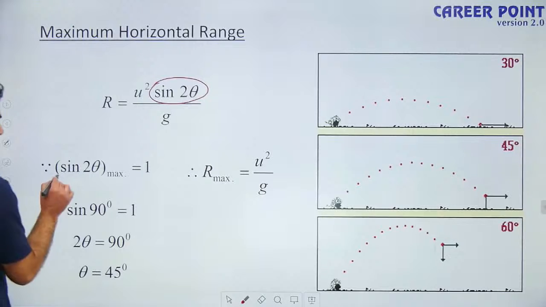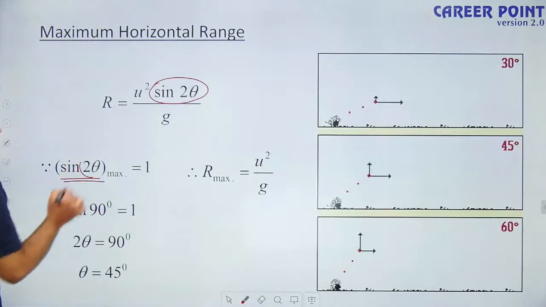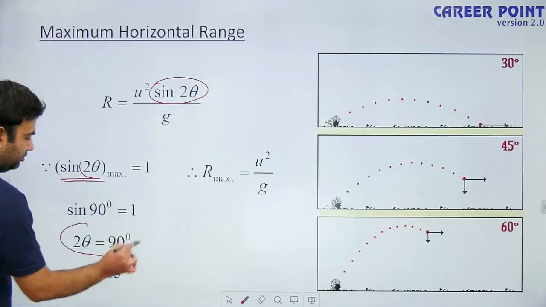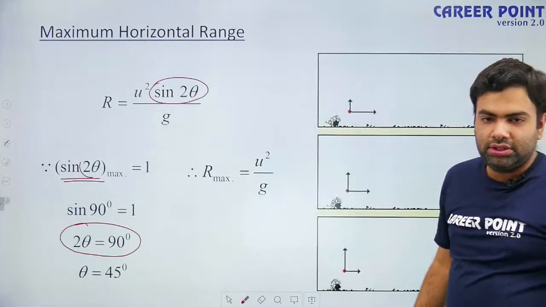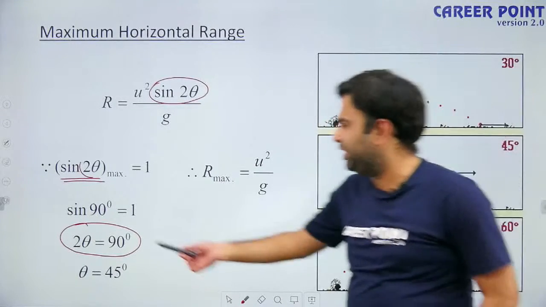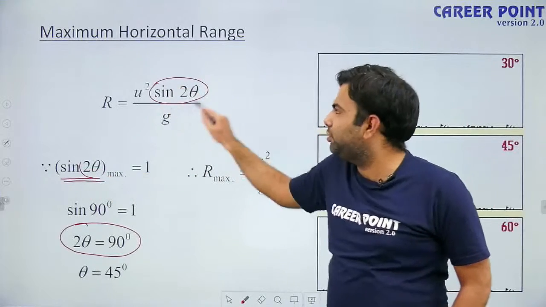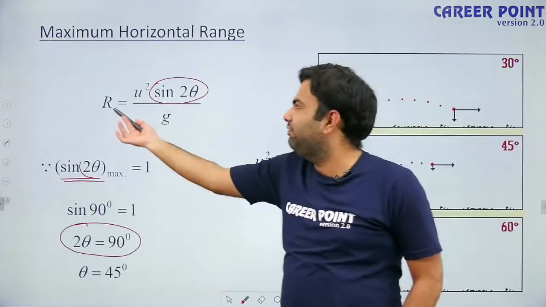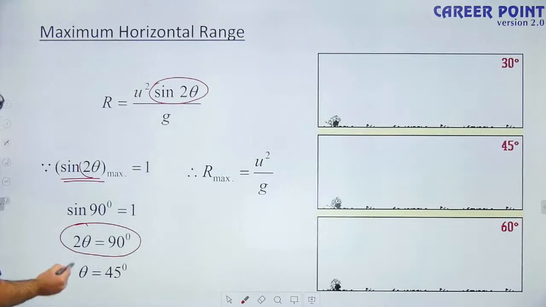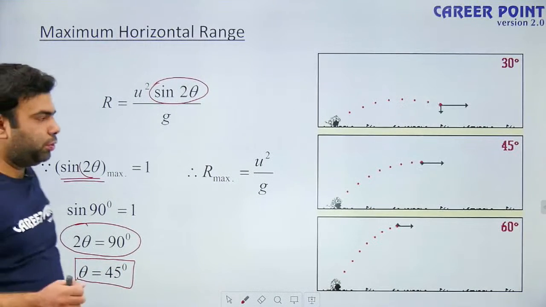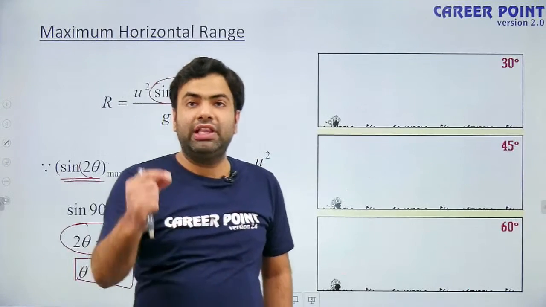See, if we want to maximize sine 2 theta, that means this 2 theta must be equal to 90 degree. If 2 theta is equal to 90 degree, then this sine 2 theta will have its maximum value and we will have maximum range. So if 2 theta is equal to 90 degree, theta must be 45 degree. That means if you throw any object with an angle of 45 degree from horizontal, you will get the maximum